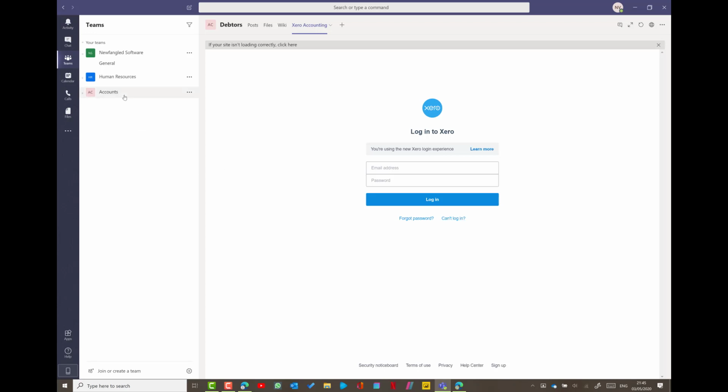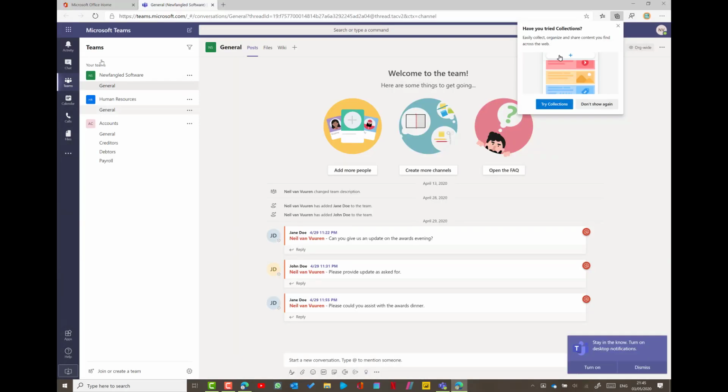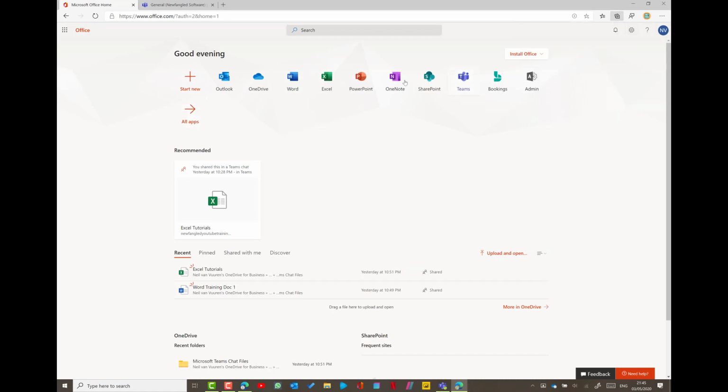Now, here's something very important that you need to note when you're working with Teams and Office 365. So this is both Teams and Office 365 related. If you create Teams, and we would recommend that you create everything from Teams, something happens within Office 365. So the first thing that happens is that you've got a team and it creates a SharePoint site for that specific team as well. So if we go to Office 365, we can go to SharePoint, and we would probably now see in SharePoint, once it opens,